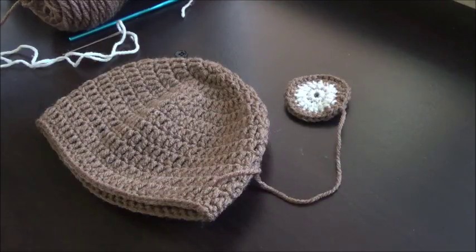I am Uma. In this video, we are going to see another Halloween hat. It's a monkey hat. It's not only for Halloween. You can always have it as a character hat. Okay, I have used